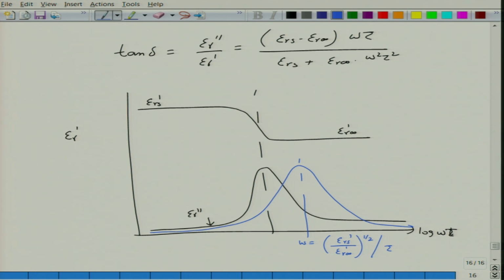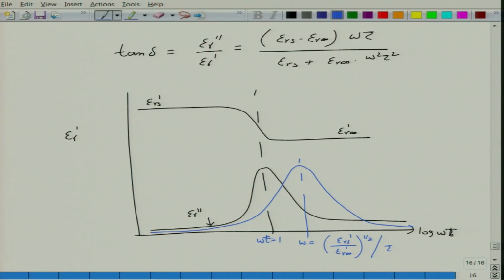So, this is what dielectric relaxation is. There is no resonance, there is a gradual change from the low frequency dielectric constant, that is the static dielectric constant, to the high frequency dielectric constant at a frequency at which omega tau is equal to 1. So, this is also the critical frequency. At this point omega tau is equal to 1, and at the same point we have a maximum in the imaginary dielectric constant. Correspondingly, tan delta also shows a maximum at a frequency close to the peak. So, this is dielectric relaxation, which is basically about the slow change of dipolar polarization as a function of time. As a result we do not see a resonance, we see a relaxation of the dielectric constant to smaller values as a function of time.